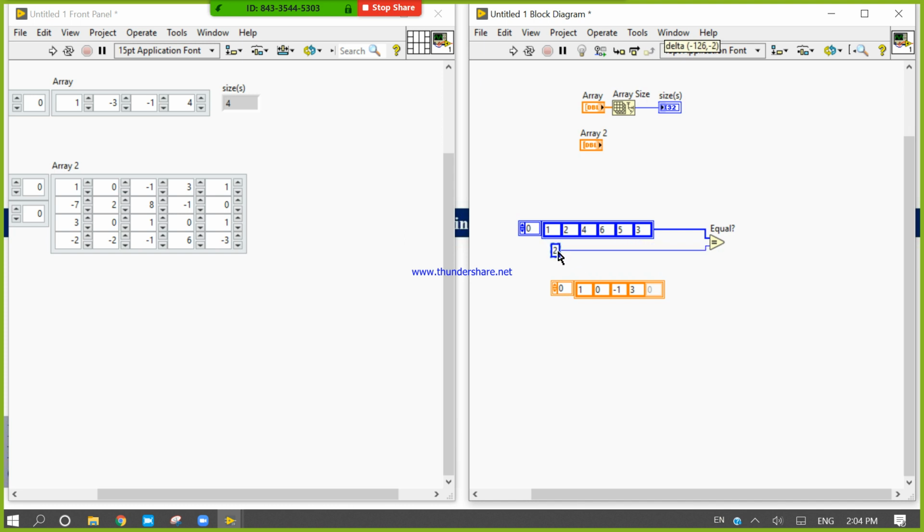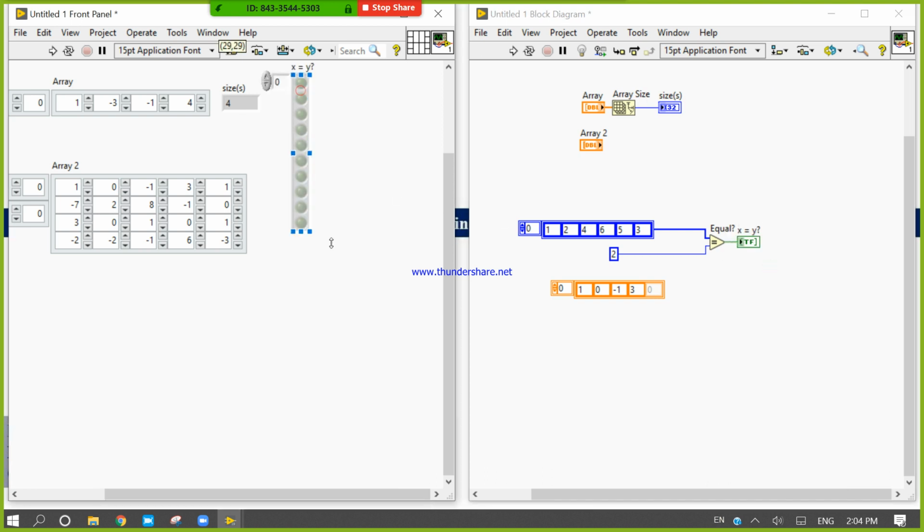First it will compare with 1, then 2, 4, 6. Let's check where it will give the equal output. We know very well only the second position value is equal to 2, so the output will come like this.